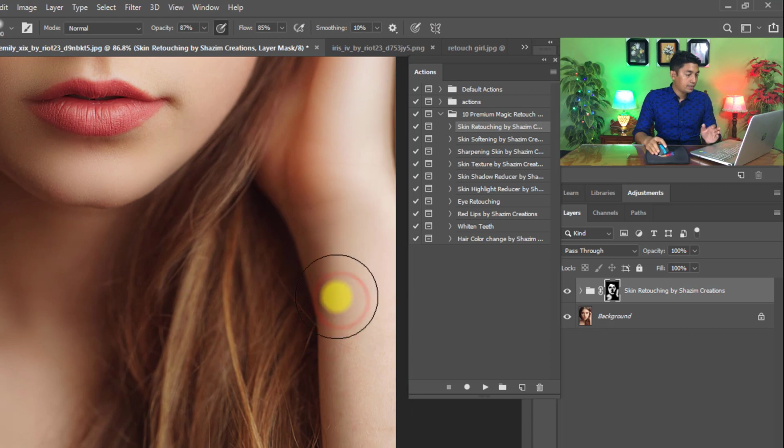I will show you quickly because I need to show you all top 10 premium Magic Retouch Photoshop actions. I will just show you the guideline on how to use these top 10 premium Magic Retouch Photoshop actions, my created Photoshop actions.